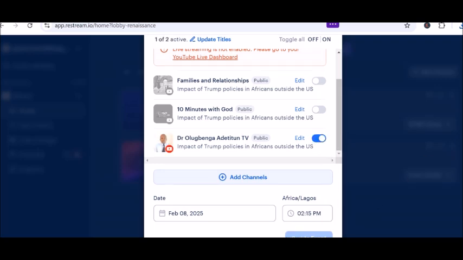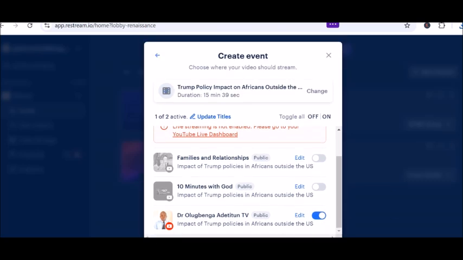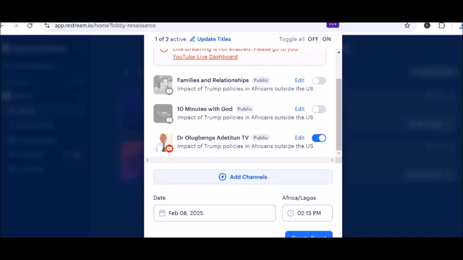So it's not allowing me to click on next because it is still loading. The video is still loading. I think the video has finished loading. The video is 15 minutes 38 seconds, so it is ready. So I click on create, and